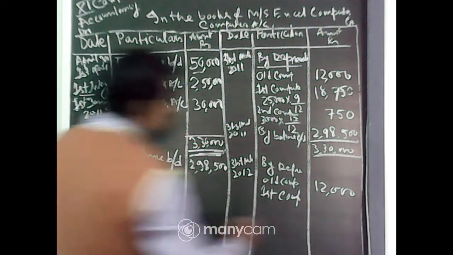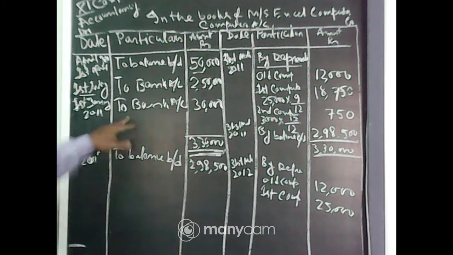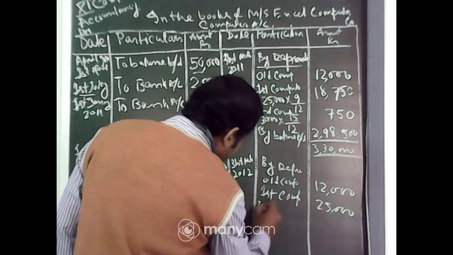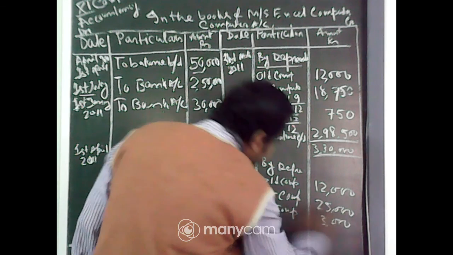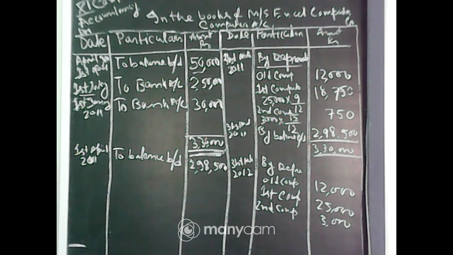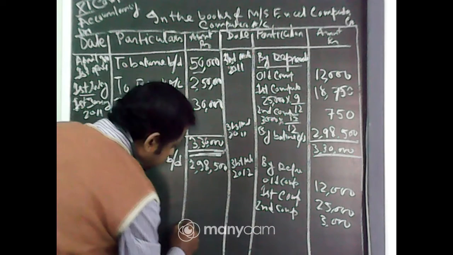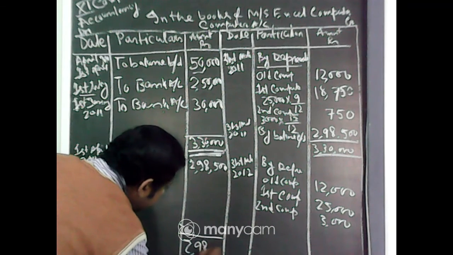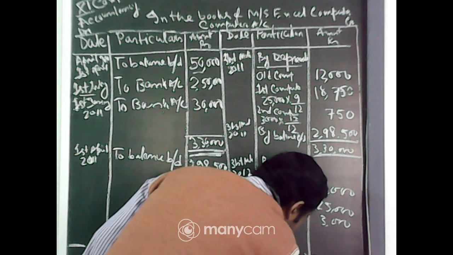Now first computer full depreciation will be 25,000 again, and for the second machine, which we bought on 1st January 2011, that is 30,000. Full depreciation will come for this year for the second computer, that is 30,000, 10% means 3,000. So nothing else will come. Here also you just look, this side is greater. So we have to write down 2,98,500. Again you write down this side 2,98,500.